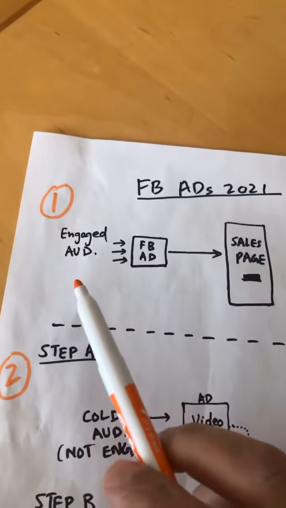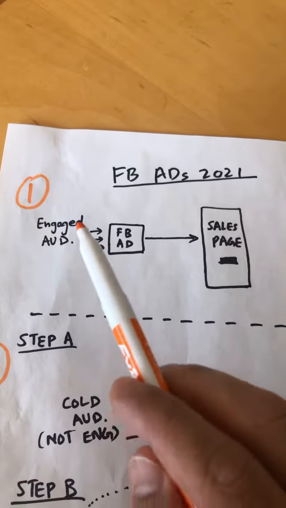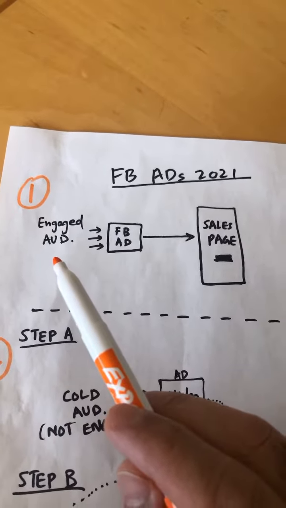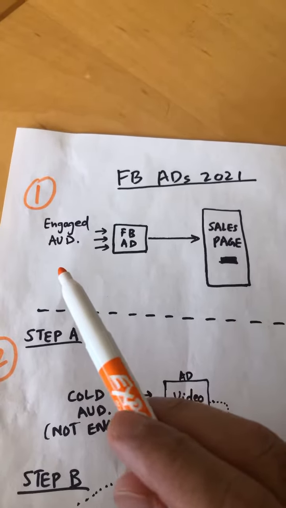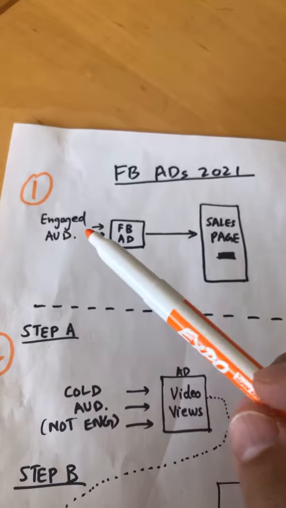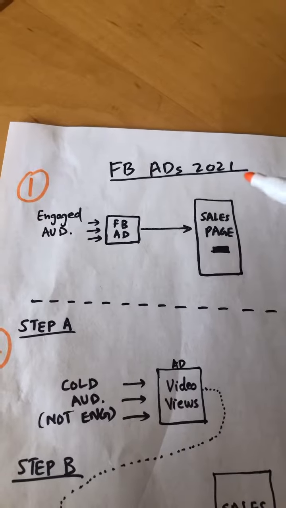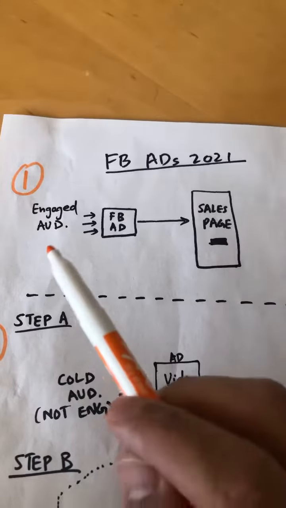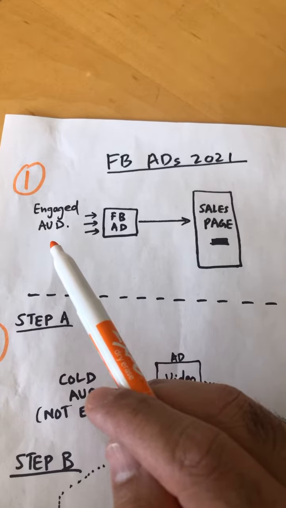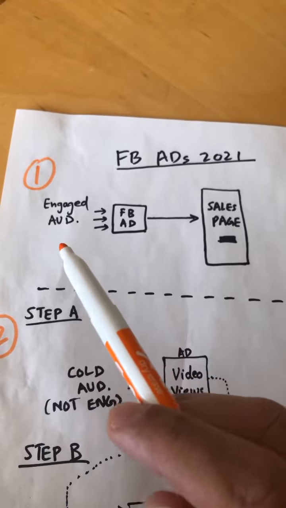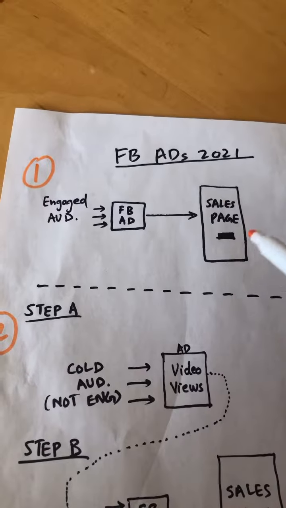Option number one is if you already have an engaged audience on social media. So imagine a Facebook page, maybe an Instagram page. So you have an engaged audience. So you can definitely target these audiences and bring them to your sales page, your product pages, and make sales. So these people are already engaged with you, right? So if you make good offers, guess what? They're likely to convert and buy your stuff.